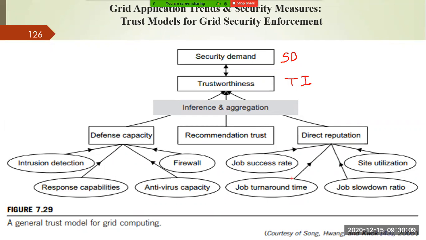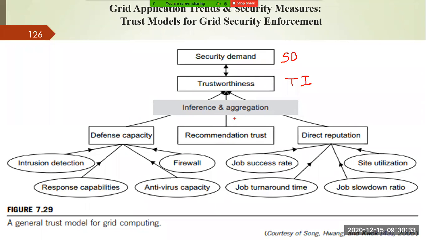So before that, you ask your friend, what about that shopping mall? He's saying, okay, his replacement of product is good, his reputation is good. So based upon that, you are heading towards that particular shopping mall. But whenever you are talking about this recommendation trust, which is also called the secondary trust, it is obtained